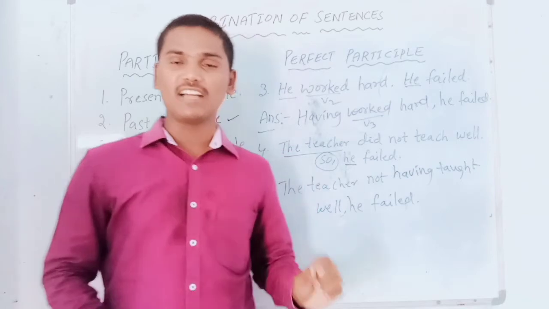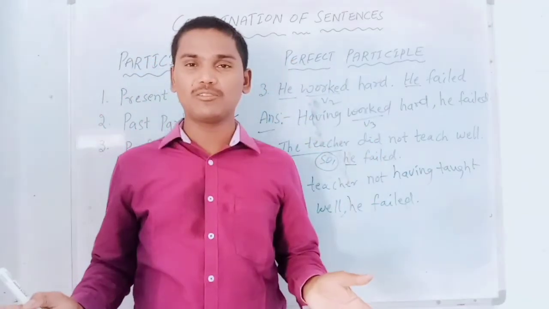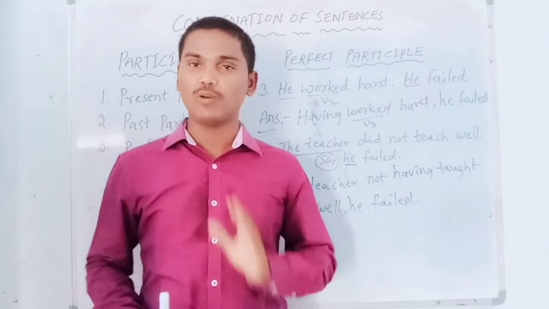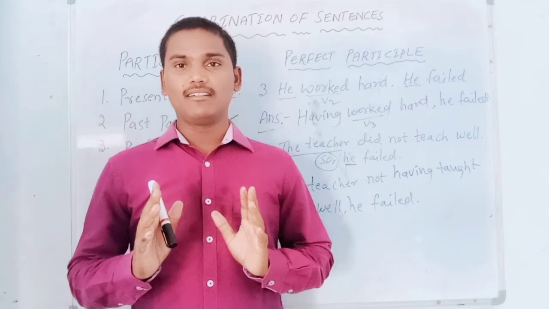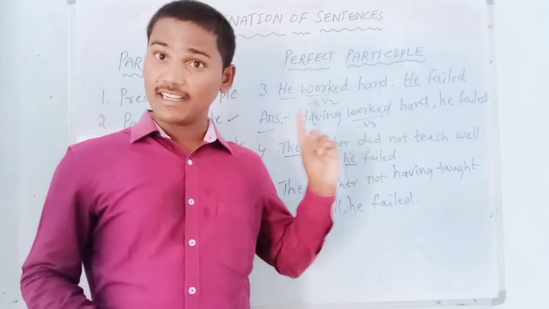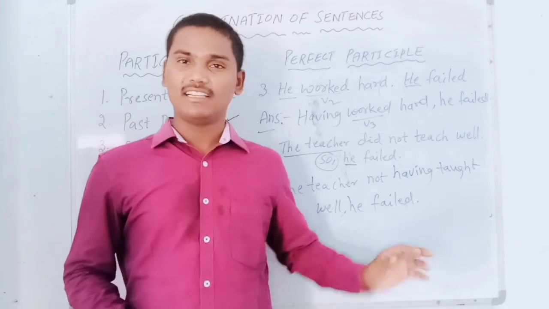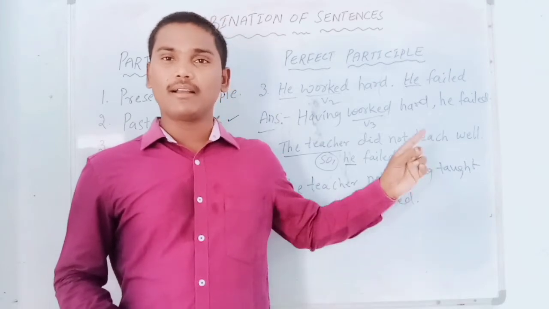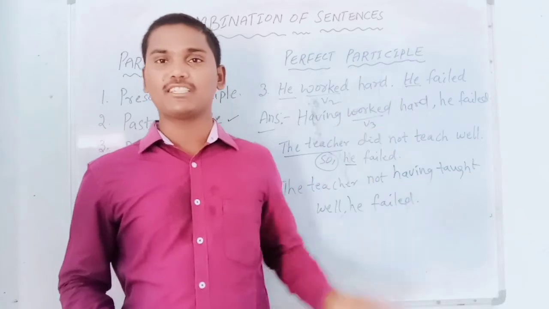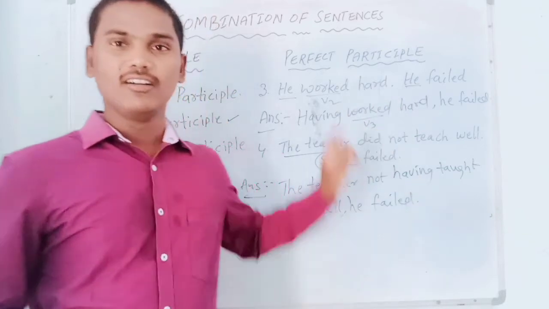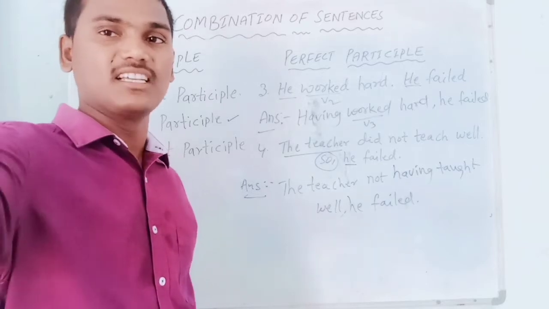So when you are going to join two sentences as a single sentence, you should keep every rule and regulation in your mind very carefully to attempt them. Otherwise, there is a chance to lose marks in this section. Okay, it is a very confirmed question. The 18th question, always you see in any previous question papers. Definitely the question came based on past participle or present participle or perfect participle. There is no more doubt about that. So you definitely need to learn, and you must learn all these things. There is no other chance to skip this section.